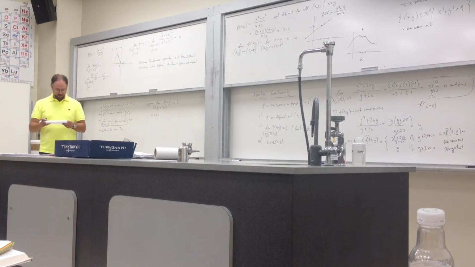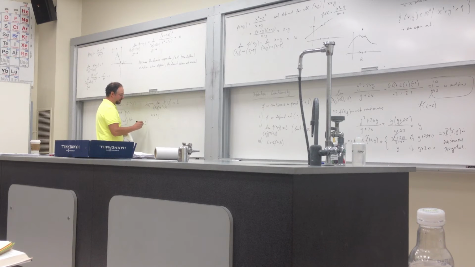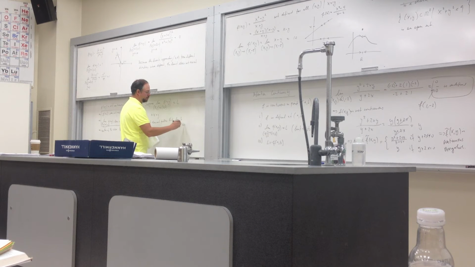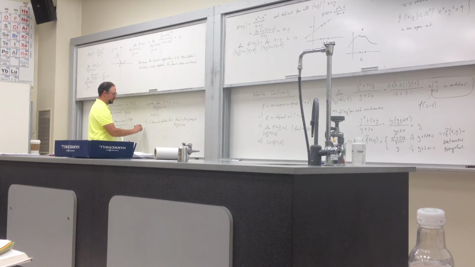So what does that imply now? Answer A is: it does not follow that the limit as x, y goes to 0, 0 of f of x, y exists. That was answer A. Answer B is that it follows that